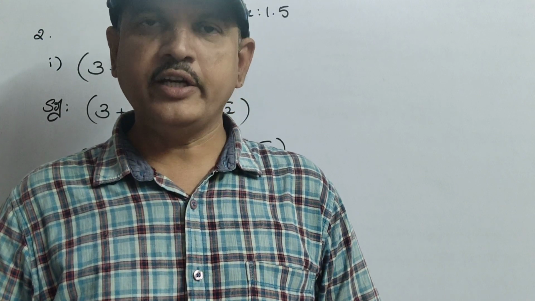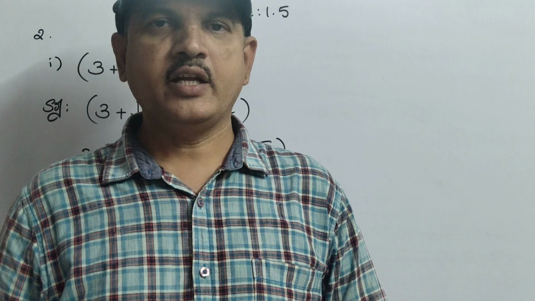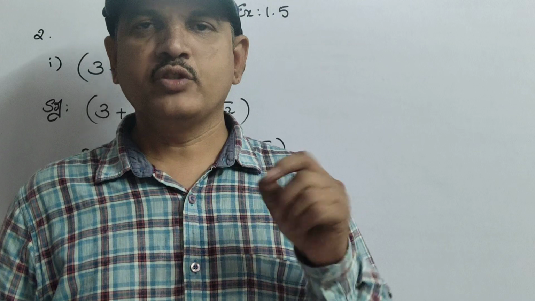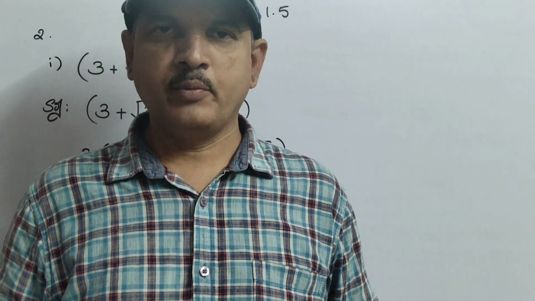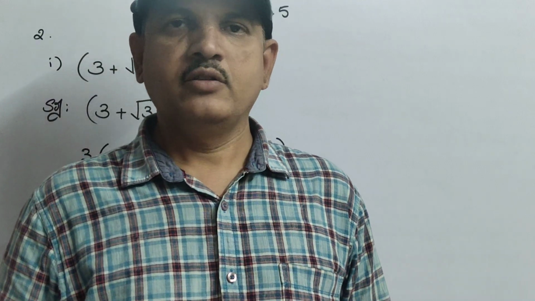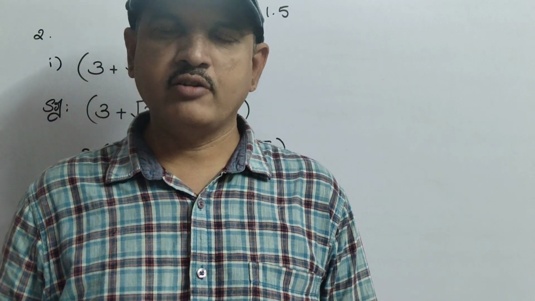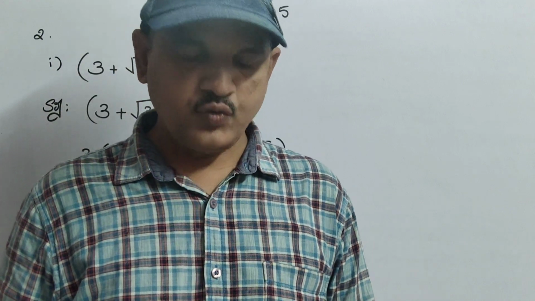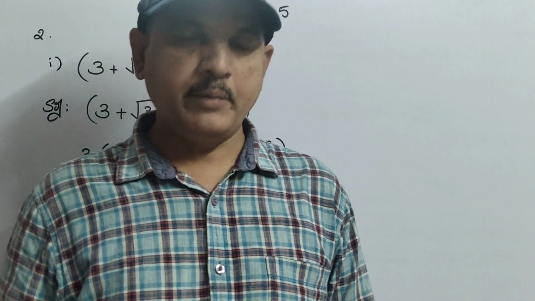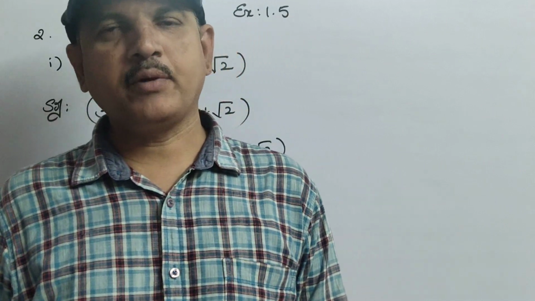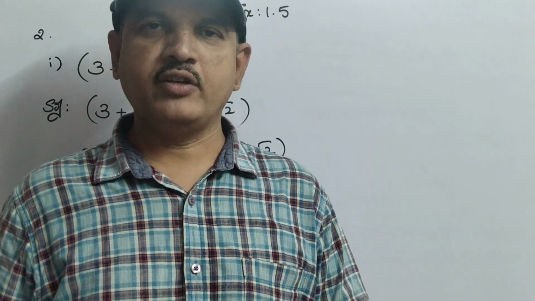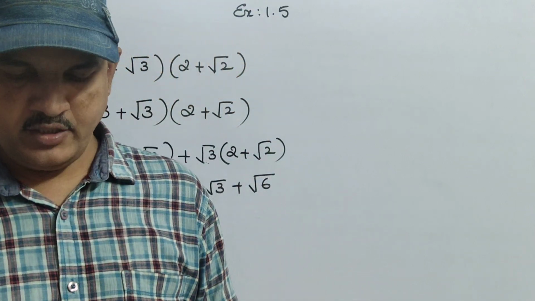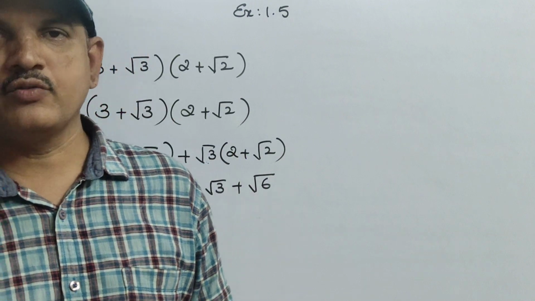Okay. Third Roman, no need at all, children. The fourth Roman, at the end of this exercise I am going to tell, because only two more models are there which I am going to tell using the geometry instruments. Okay, geometry box instruments I have to use, and I have to tell you both of those: Exercise 1.2 and this fourth question. Okay, now coming to the fifth question. The fifth question is completely different from all we have done, but the basic concept you already know. What is the fifth Roman? Rationalize the denominator of the following.